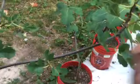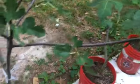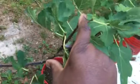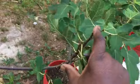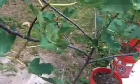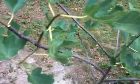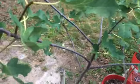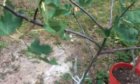This was the first growth. It stopped here, and then the whole of last year, this is the growth of last year. From here to here, this is just the whole growth of last year. In spite of the fertilizer, slow release fertilizer, soluble fertilizer, this is it. And this year I was expecting it to grow. I was even expecting Breba, because it's supposed to have two crops, Breba and main crop, but it didn't produce